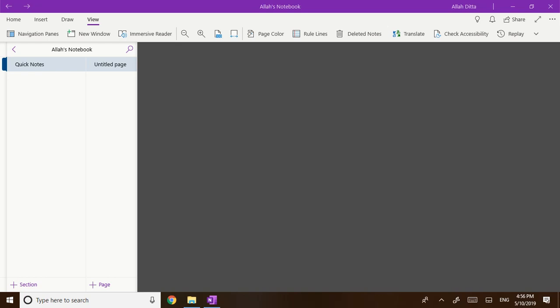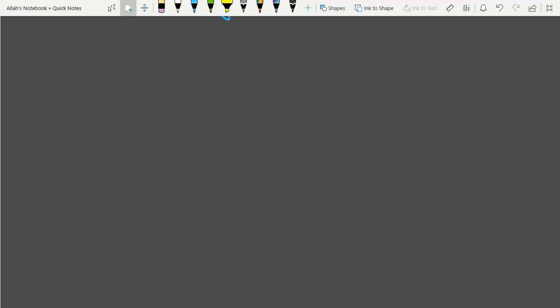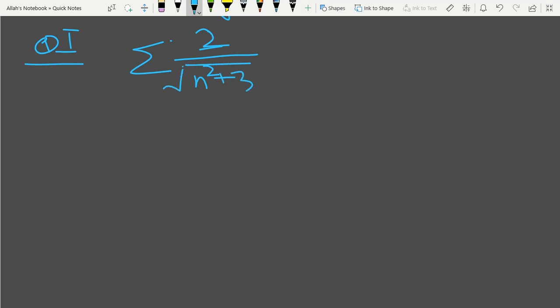Now we move toward the exercise. The first question of the exercise is to check whether the series 2 over n square plus 3 is convergent or divergent. If the limit is 0, then of course the series is convergent. Okay, the solution is